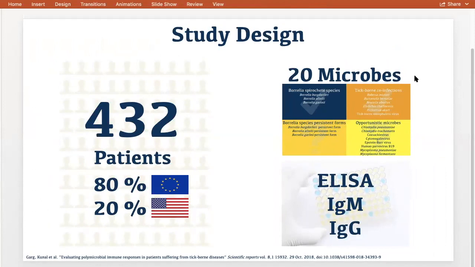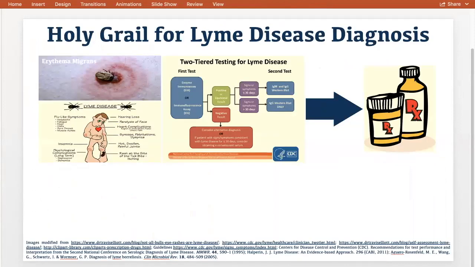While we have this patient group, it is also important to understand the division among these patient groups. So, the Lyme disease diagnosis, the CDC two-tier system, so that we are all on the same page. Erythema migrans, or a bullseye rash, is a clear indication for Lyme disease. However, if you're showing flu-like symptoms and the symptoms have been for less than 30 days, you are tested for